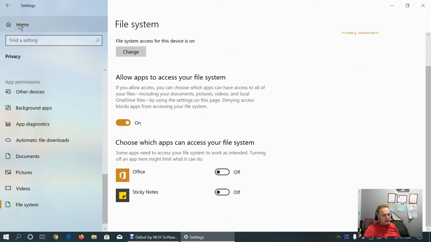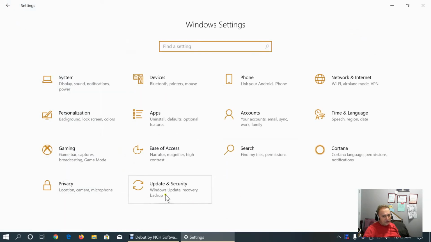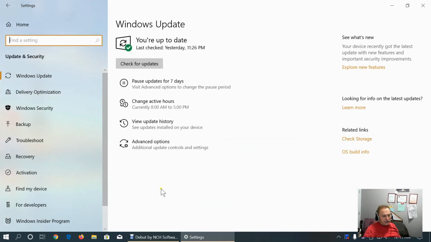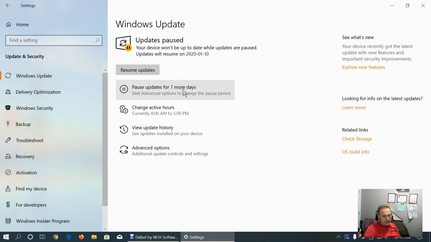File system access, leave it as it is. Okay, update and security tab. So Windows Update, here we can pause updates